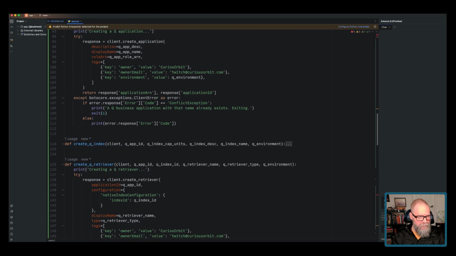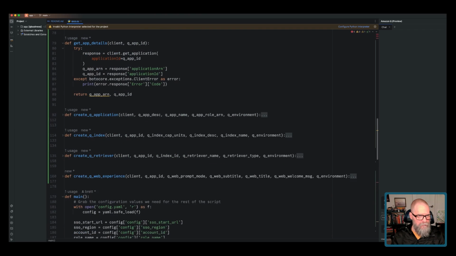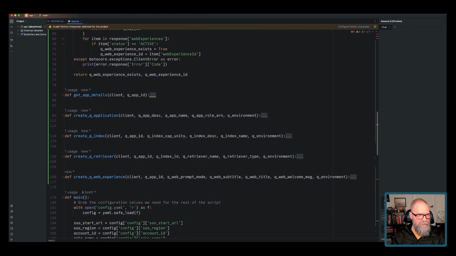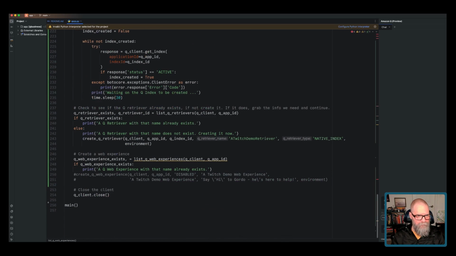Let me shrink these. We're looking at so much. Get app details. Oh, we passed back this as well. Right, like that. So if the Q web experience exists,